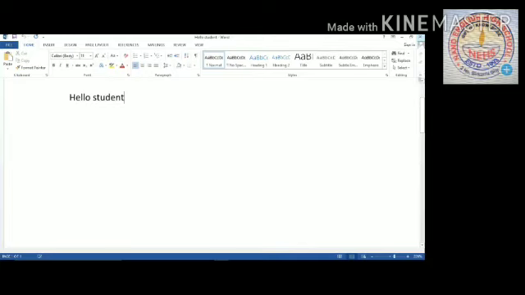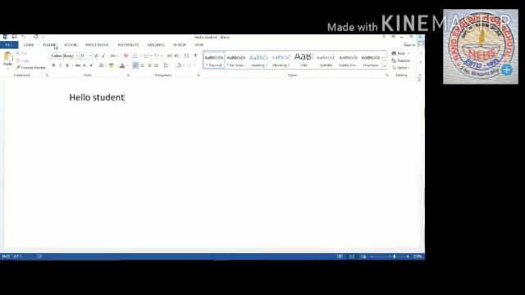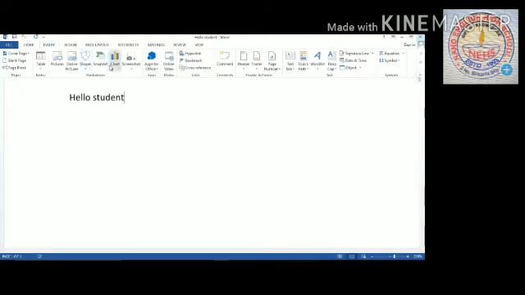Horizontal ruler, it is located at the top of the current window and is used to set the left and right margins, indent and tab.